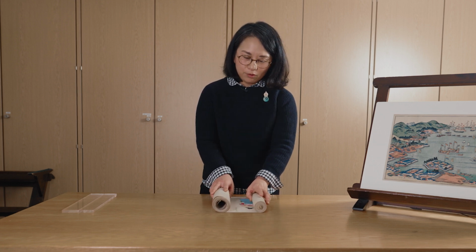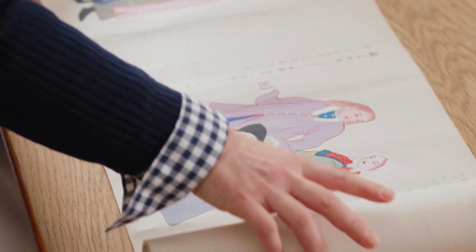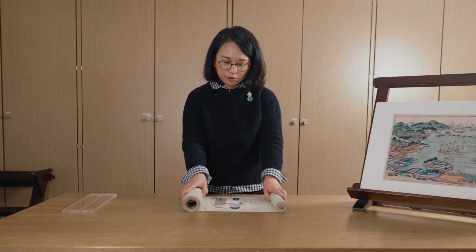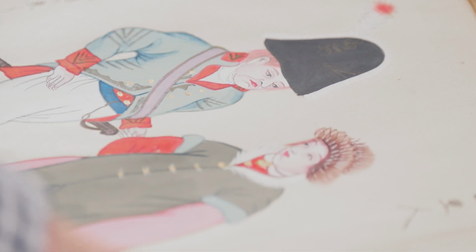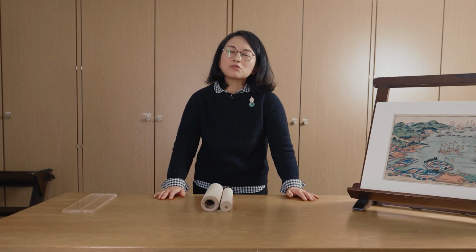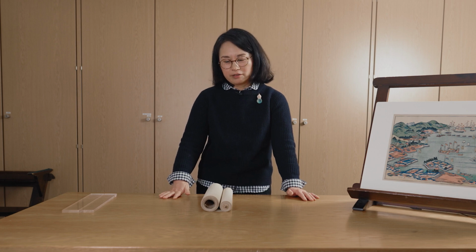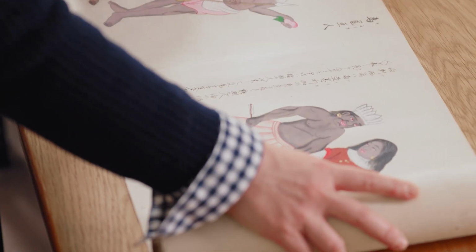But in this hand scroll, it seems the information this artist based on was something much more realistic than fantasy. And here comes Russians. Japan started to have contact with not just China and the Dutch, but Russians by the early 19th century. So by this time, probably some people may have witnessed Russians, especially the military figures, somehow. But it was very strictly controlled contact, so ordinary people were not able to see foreigners, like Russians who visited Japanese ports. But still, information circulated, and somehow the image was distributed and depicted in this kind of